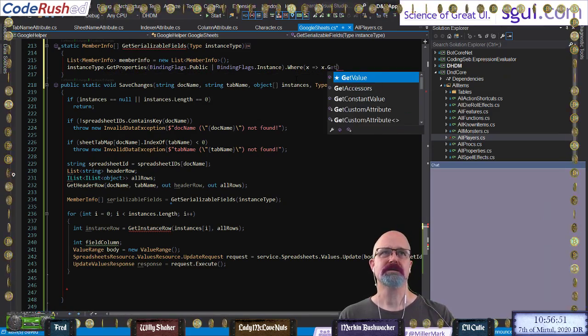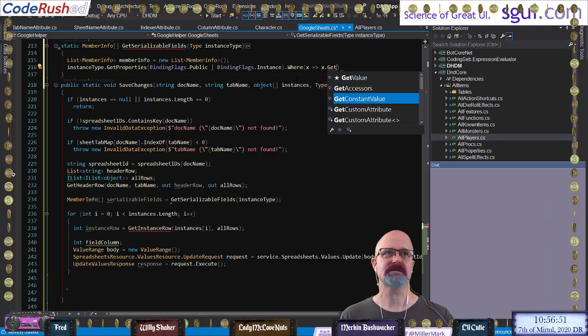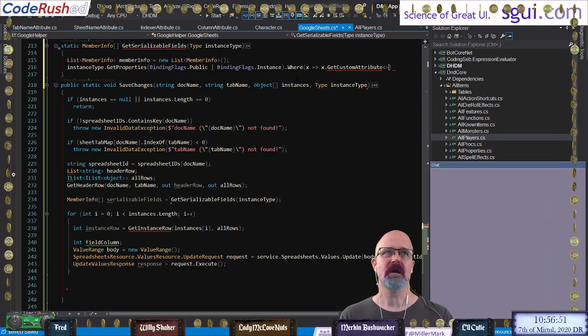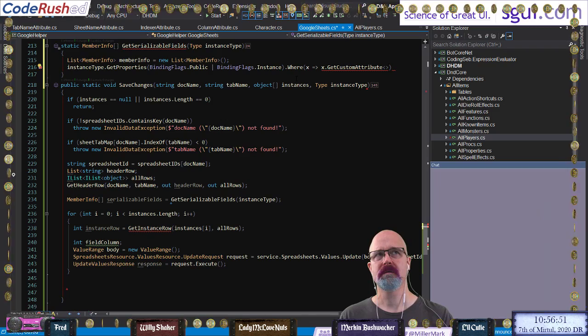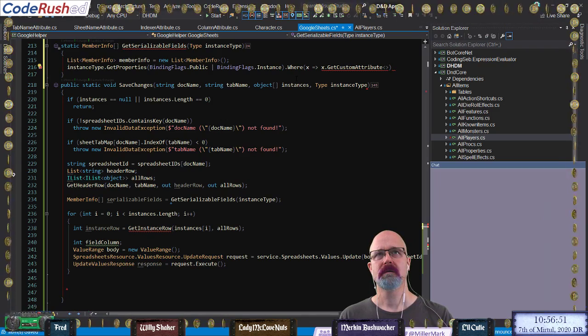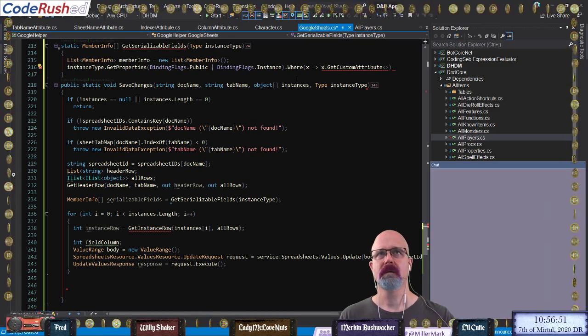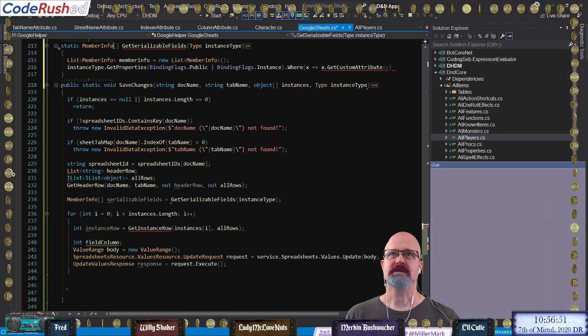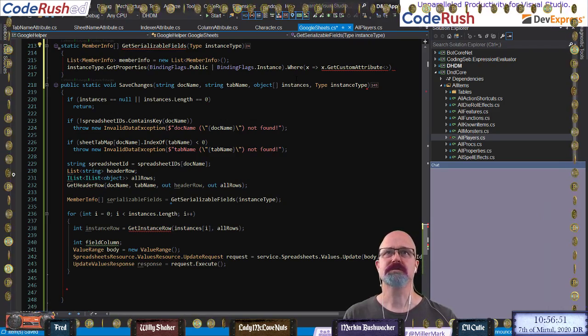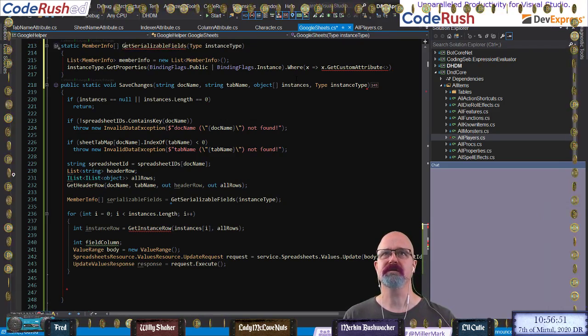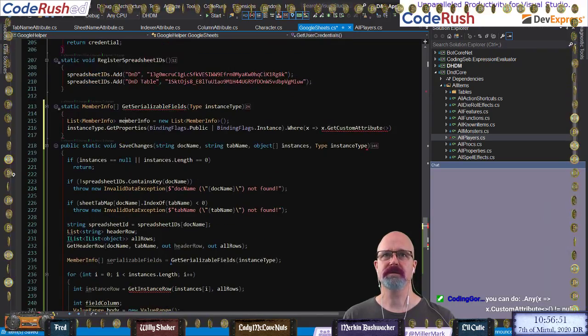No, okay. So we'll say we're GetCustomAttribute of... We're going to make this a more reusable thing here. GetSerializableFields is going to be,